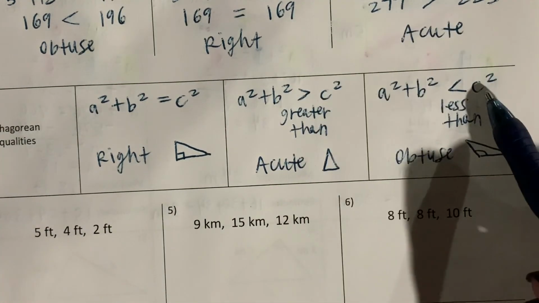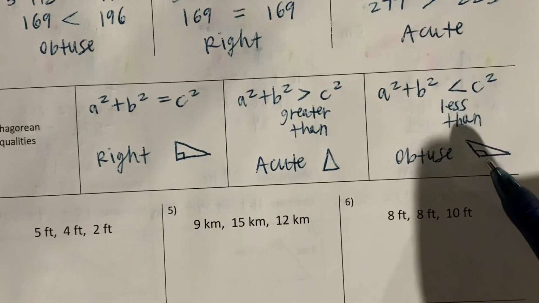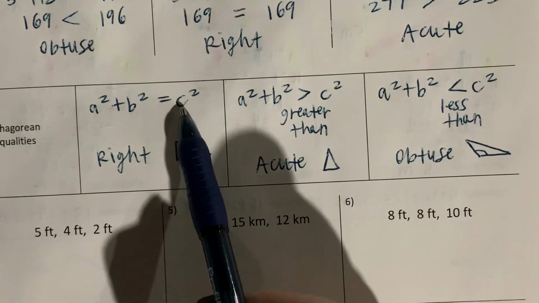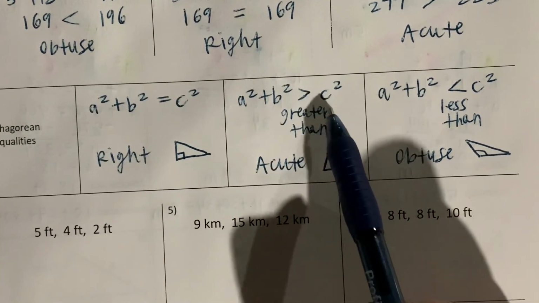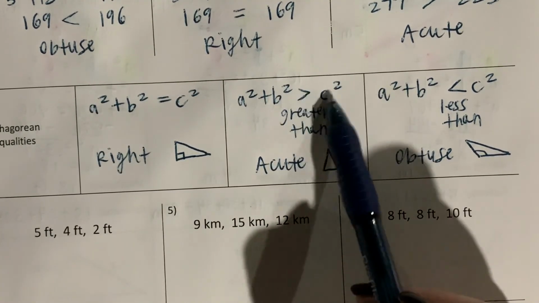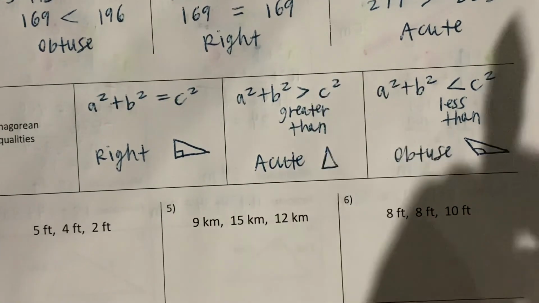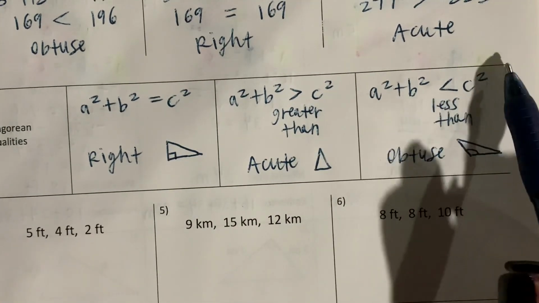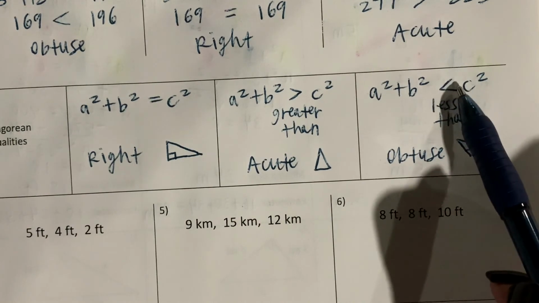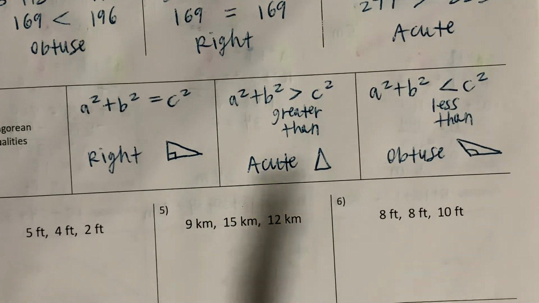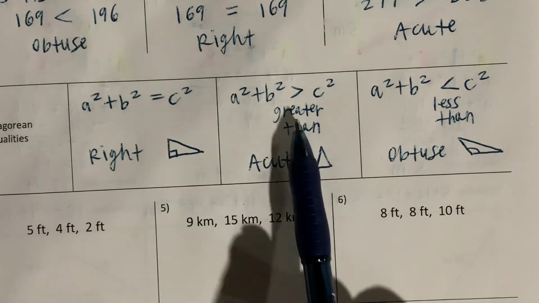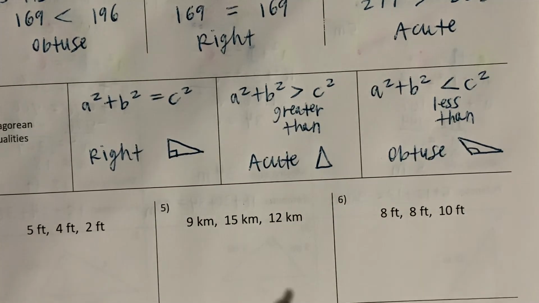Again, I like to observe what's happening to my c squared, or my bigger square. When my bigger square, or when c squared is equal, it's a right triangle. When c squared is smaller, it's the smaller number, then it's an acute triangle. And when c squared is bigger, or it's the bigger number, it's now an obtuse triangle. So using these Pythagorean inequalities, you have